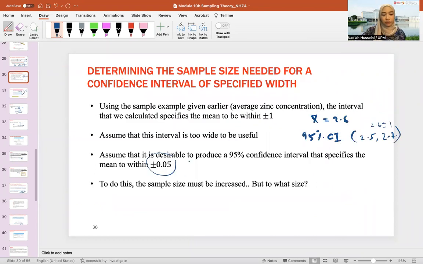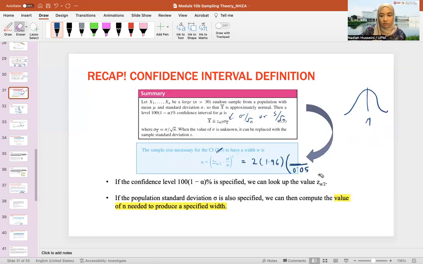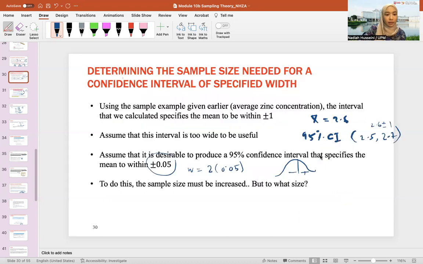Plus minus 0.05. So our width is actually 2 times 0.05. Aha, I just made that mistake on purpose. So again, if you see that plus minus, it means that it's double the size. Plus minus 0.05 on one side, 0.05 on the other side. So it's 2 times 0.05, so that becomes 0.1. Okay, and then our S,